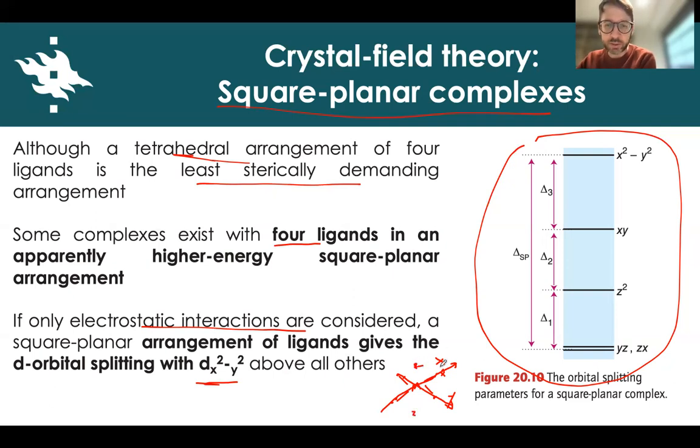So this means that the orbitals positioned directly along x and y, which is the dx squared minus y squared, will be more strongly repelled, followed by the dxy orbital, which has positions in between the axes here in the xy plane, while the orbitals positioned along the z direction will have lower energy because they will have lower electrostatic repulsion because there are no electrons or point charges as a result of the ligands in the